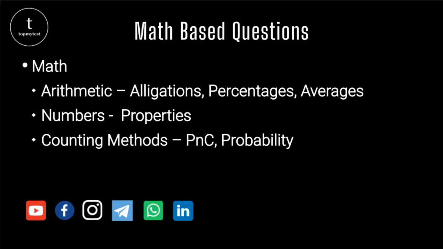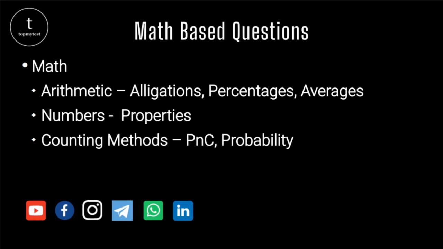This is a very broad area of questions. Obviously, there is math involved, but what type of maths is actually involved? Usually, there are three types of key skills which you need, and a lot of questions will require two or maybe all three of these skills, right? So you'll have arithmetic, that's the usual suspect: allegations, percentages, averages. So you have questions where you have a set of mixtures and you have to find a particular mixture, and there are multiple permutations possible for that. Percentage change, percentage drop, concepts like those.